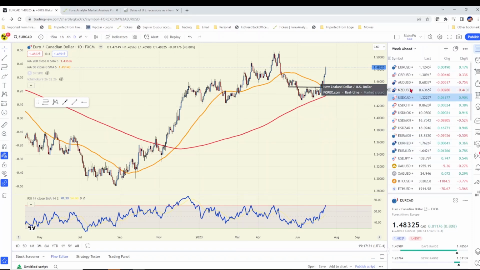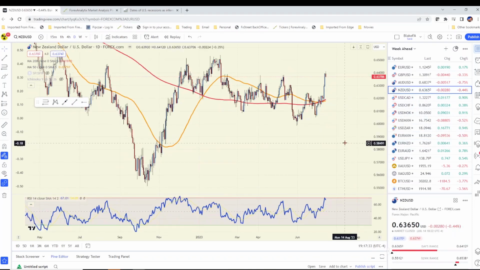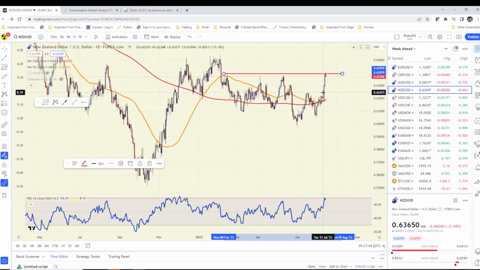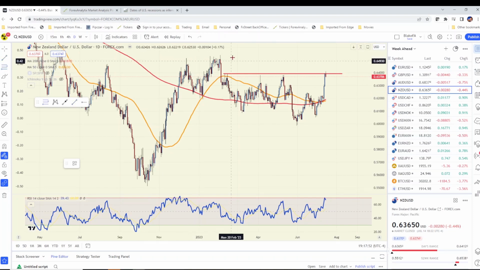Tuesday night out of New Zealand, well, it's actually New Zealand Wednesday morning, but it's going to be Tuesday night for those of us here in North America. We have New Zealand CPI as well, and we're going to have to watch that very carefully, because you can see the Kiwi dollar broke above 64 cents very briefly, but all very key resistance for this pair.